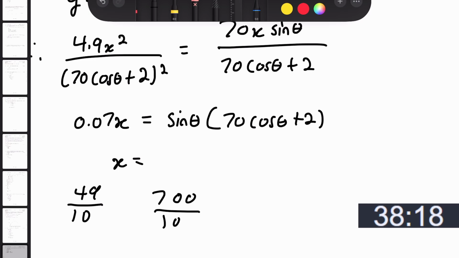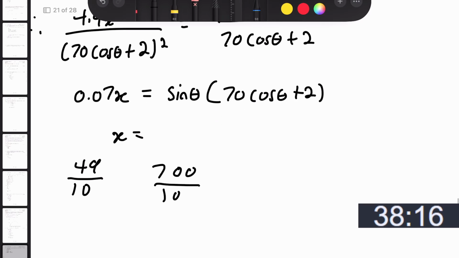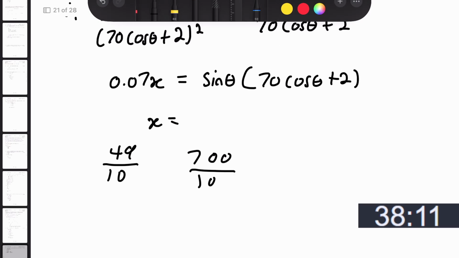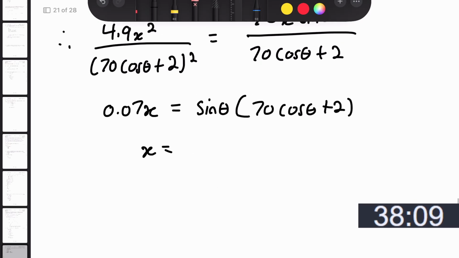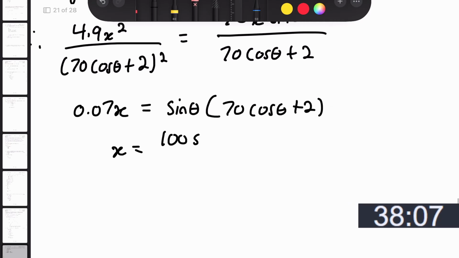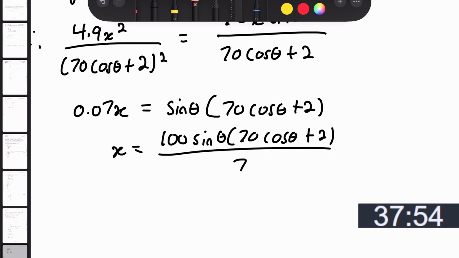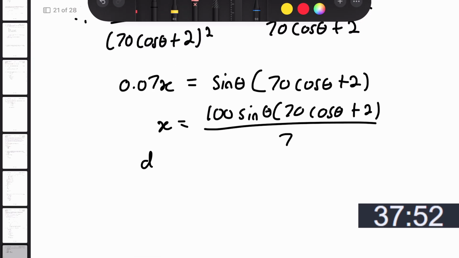This is 110, 10, so it's 49,700. So then this would be 100 sine of theta, 70 cosine of theta plus 2, all on 7. So then dx d theta is going to equal,